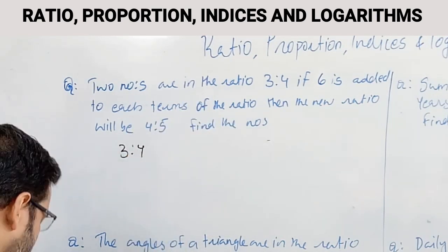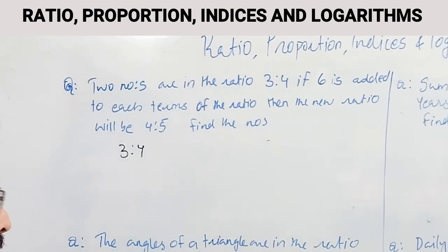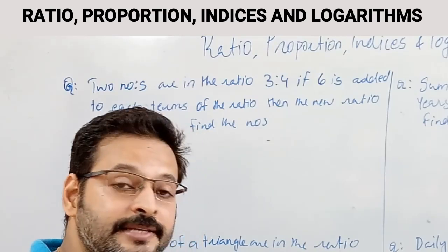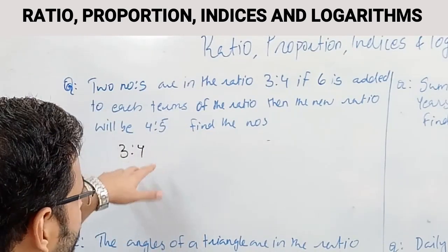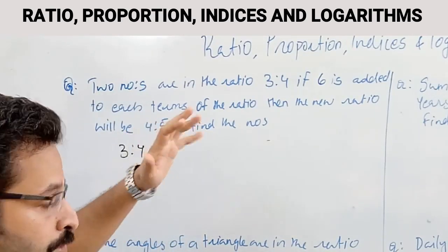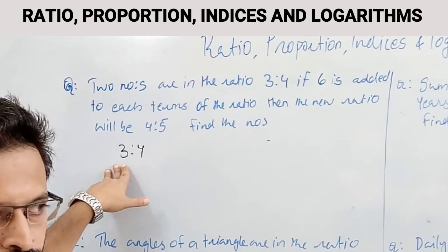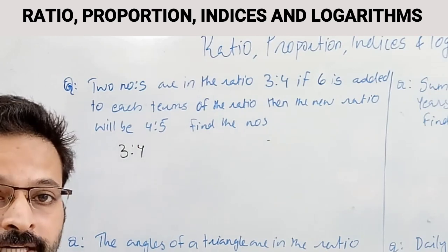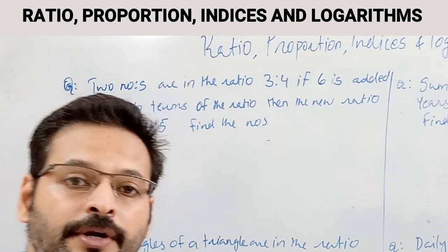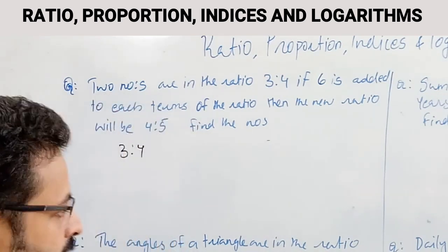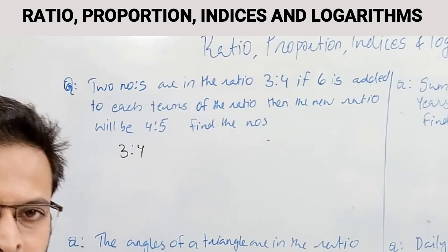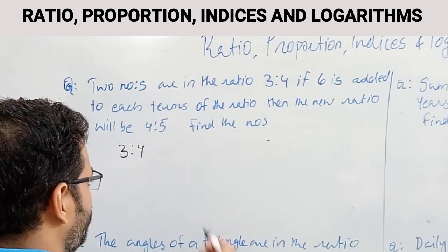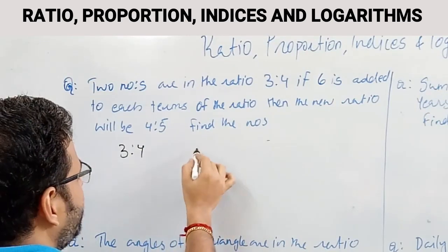3:4. From the properties of ratio, normally a ratio is expressed in the simplest form. That means the simplest form of the actual two numbers is given as 3:4. Then we can use the property that both the terms of the ratio can be multiplied or divided by the same non-zero number. Let's consider the number to be x. Then the actual ratio of numbers will be